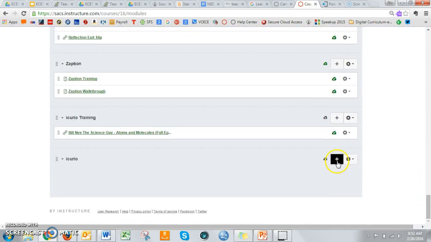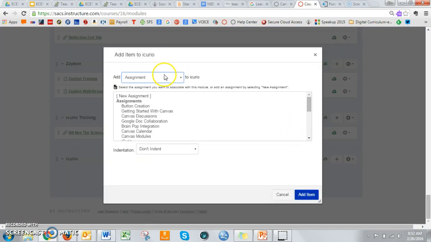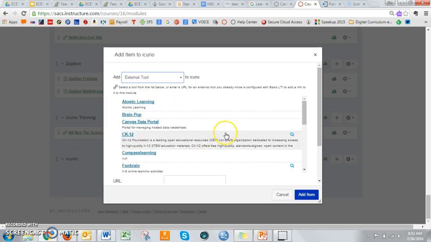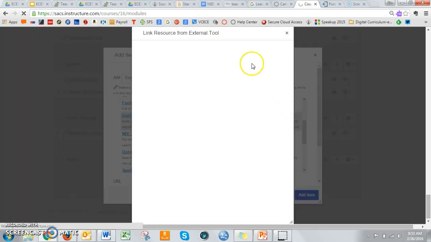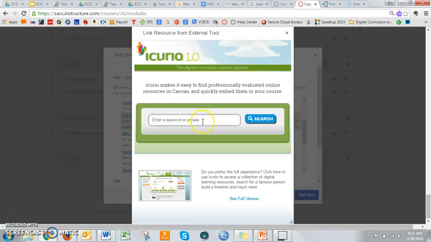And then at the bottom, when I add content to this piece, I can just go down and click External Tool. And as I scroll down, I see iCurio 1.0. But right next to it, now there is a little magnifying glass. And if you click on this, it opens this option for you to search immediately in the iCurio library. So if I did a search for World War II,